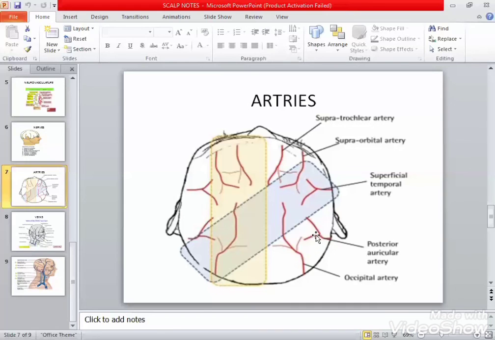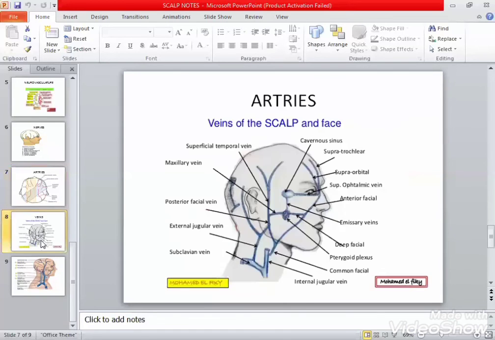How internal carotid? Because the supratrochlear artery and supraorbital artery are branches of the ophthalmic, and the ophthalmic is a branch of the internal carotid. So these external carotid branches and internal carotid branches form the anastomosis. Let's see the veins. Veins are